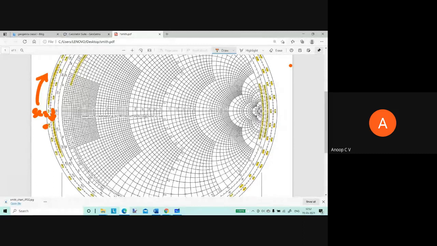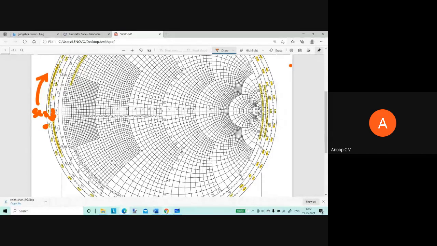Generator end, whatever it may be. Both ends have a scale with which distance is marked. So using that scale, we can measure the distance between two points on the Smith chart. That is what I'm going to show next.